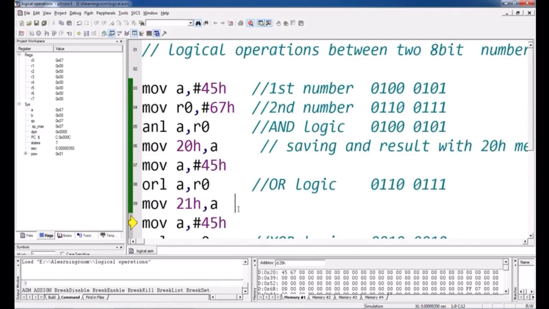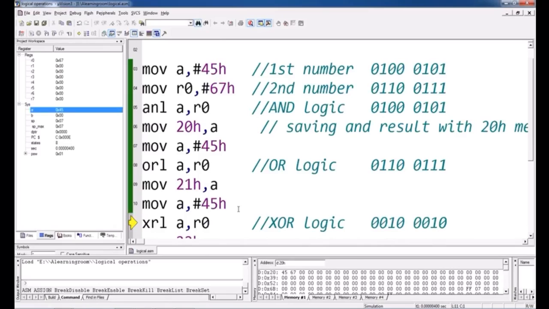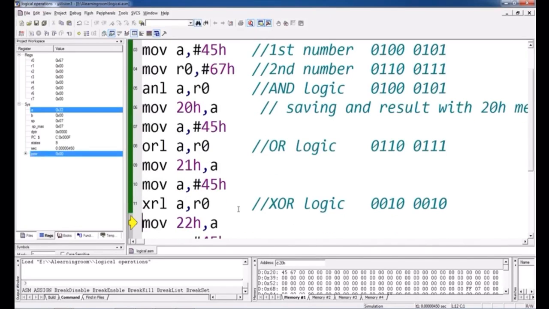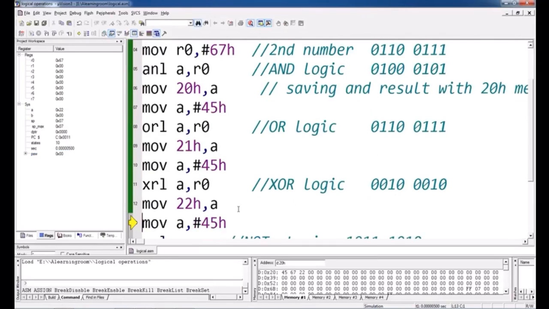Next, again I am taking the value into A for the second time, which is 45, R0 remains 67, and now I am doing the XOR operation between A and R0. I got the result 22, which is 00100010. This result I will get into the 22H memory location because I moved this result into 22H.